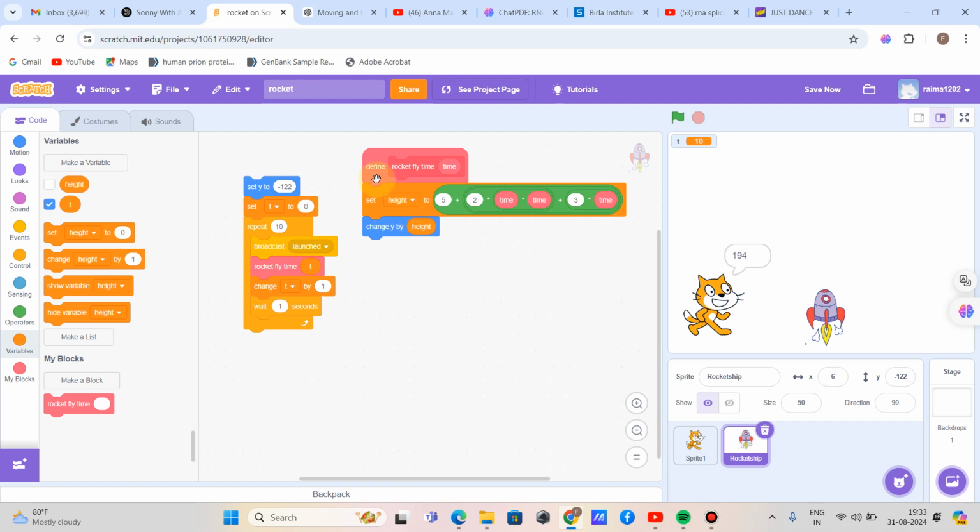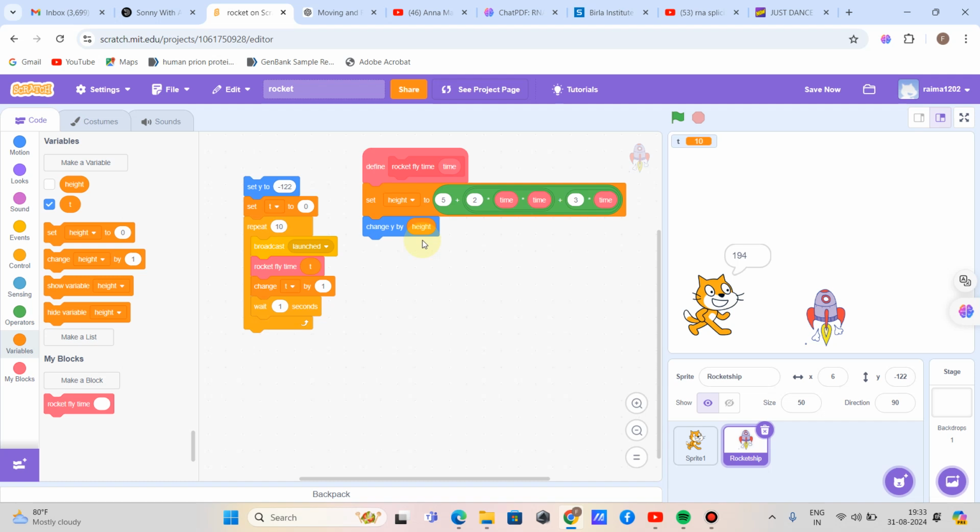The function name is rocket fly and the one parameter input required is time t, as shown here. Then I made only the y coordinate of the spaceship change according to the height variable's value.